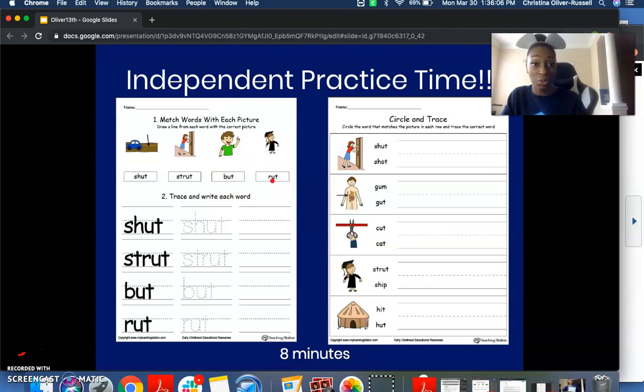So I know this is the word rut. So I'm going to take my pencil and I'm going to draw a line from this picture all the way to the word rut. I'm going to do that with these next 3 pictures. After you finish the top part, you're going to go down to the next part where it says trace and